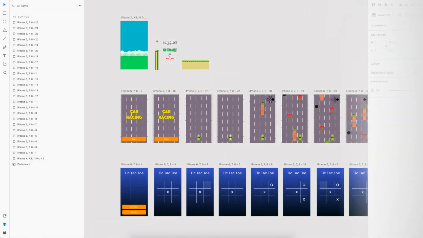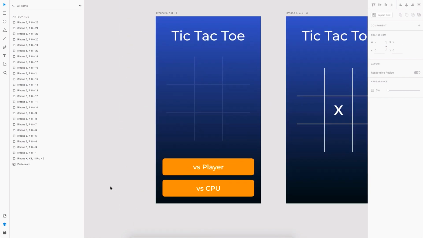So here we are on Adobe XD. There are 3 games here, out of which 2 are already created. So I'll be going through the process of how I went about doing it. And the third one is going to be a kind of an exercise where I want you guys to work on it. So starting off with the most simple one here, that is Tic Tac Toe or the Xs and Os,